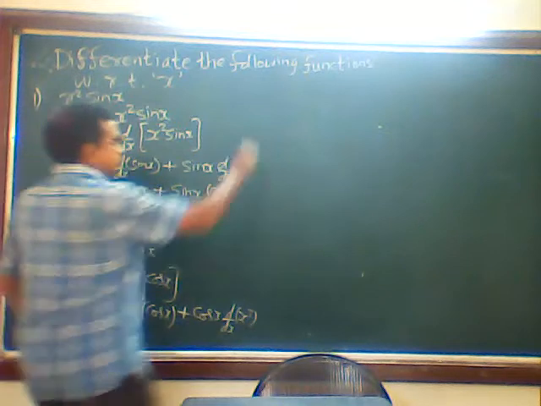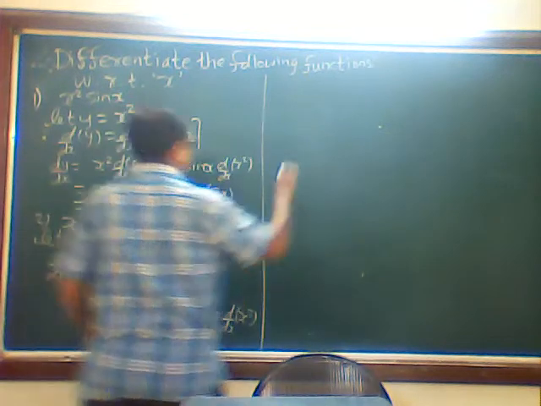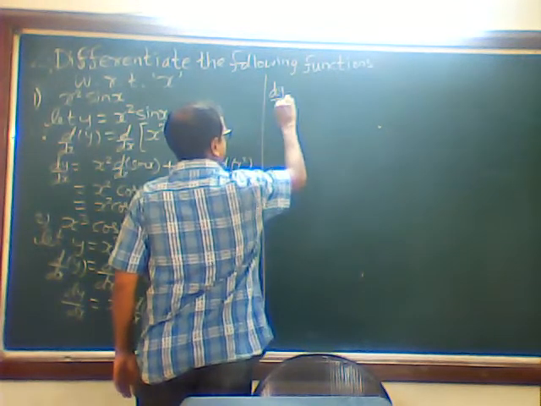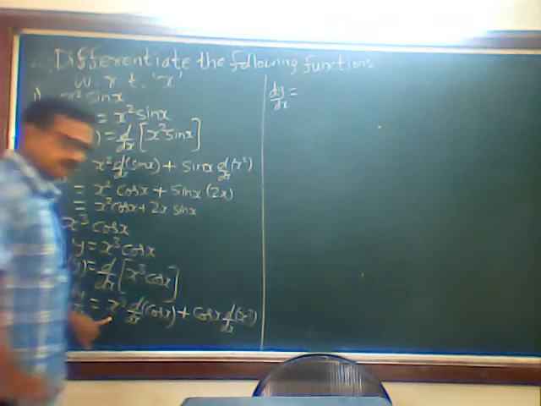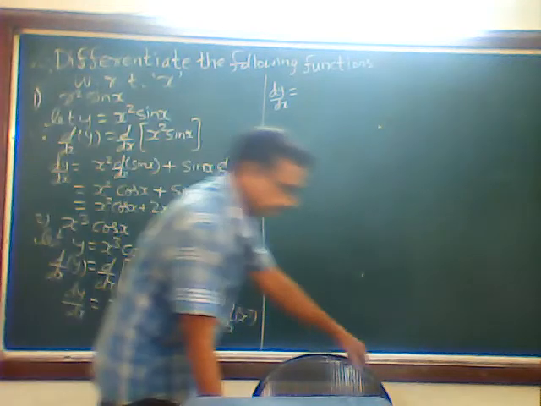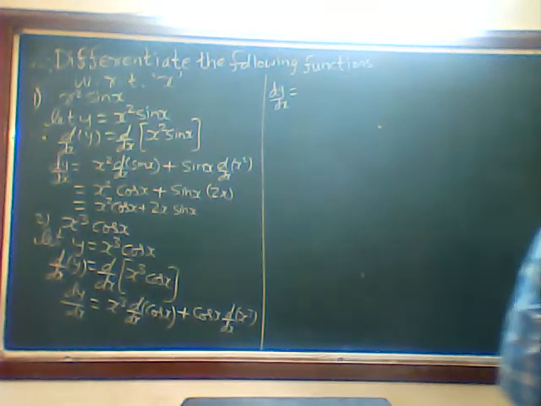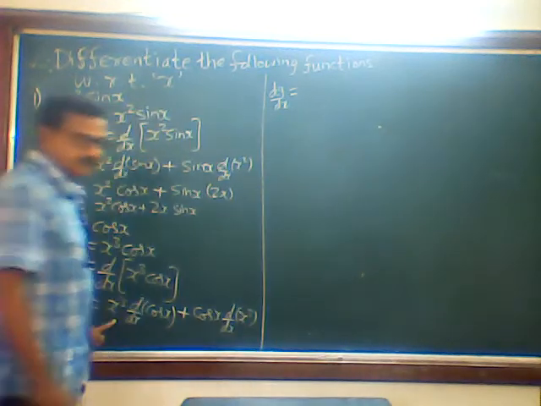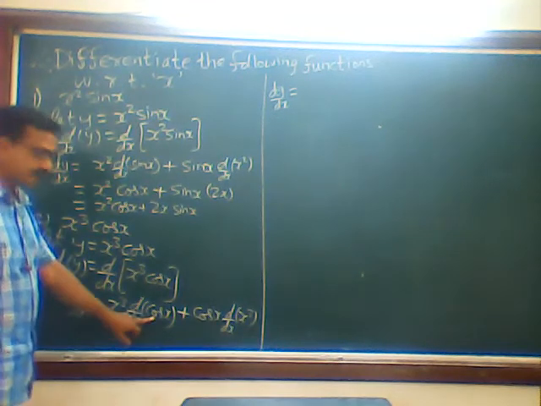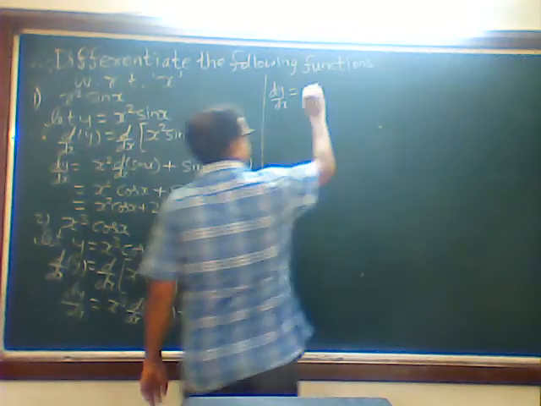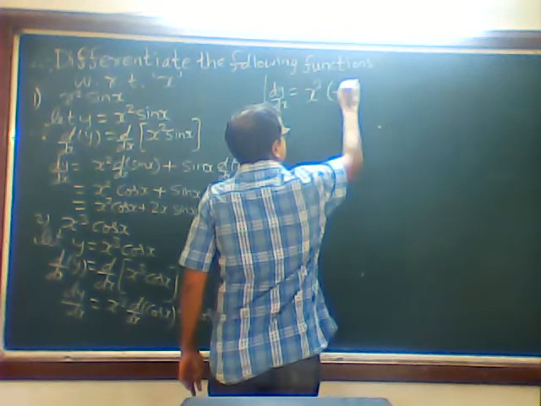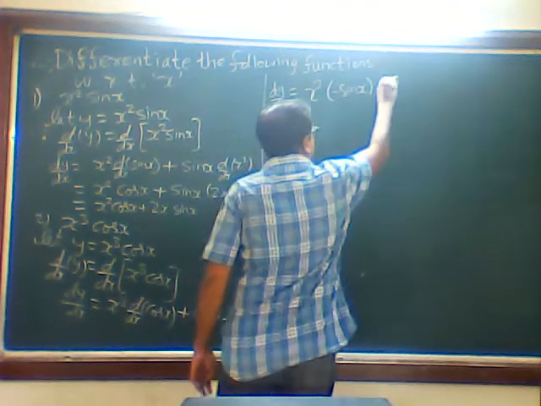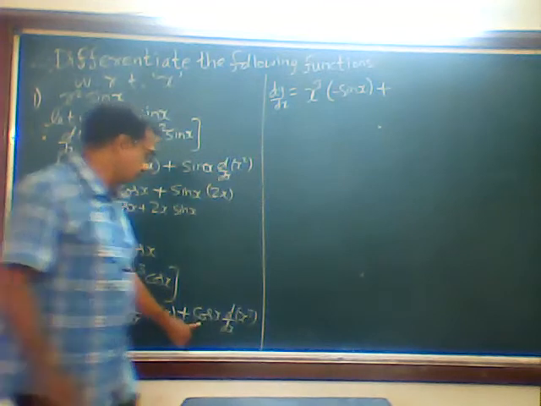So dy by dx is equal to x cube as it is, d by dx of cos x is minus sin x. X cube in bracket minus sin x,